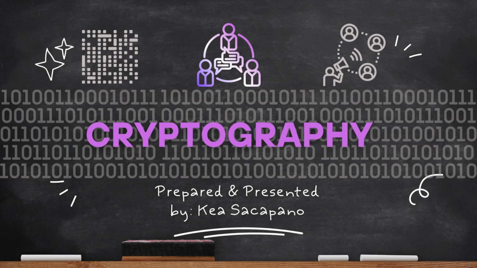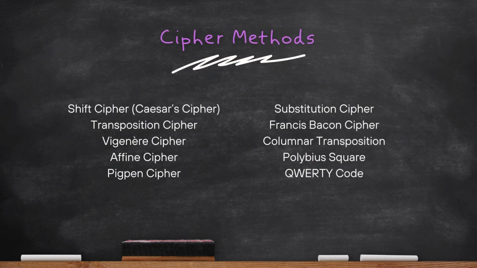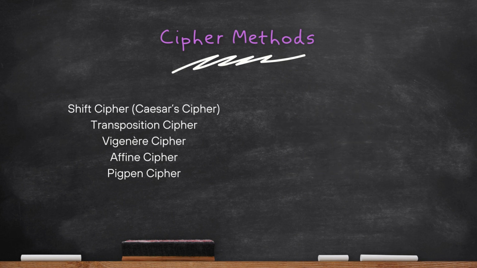I am Kea Sacapaño, and for this lesson, we will be discussing the cipher methods in cryptography. So here are the common cipher methods, namely the shift cipher or Caesar cipher, transposition cipher, Vigenère cipher, affine cipher, Pigpen cipher, substitution cipher, Francis Bacon cipher, columnar transposition, Polybius square, and the QWERTY code. So for this discussion, we will only be tackling these 5 ciphers. But no worries, the details and application method of the other ciphers can be found in the description below this